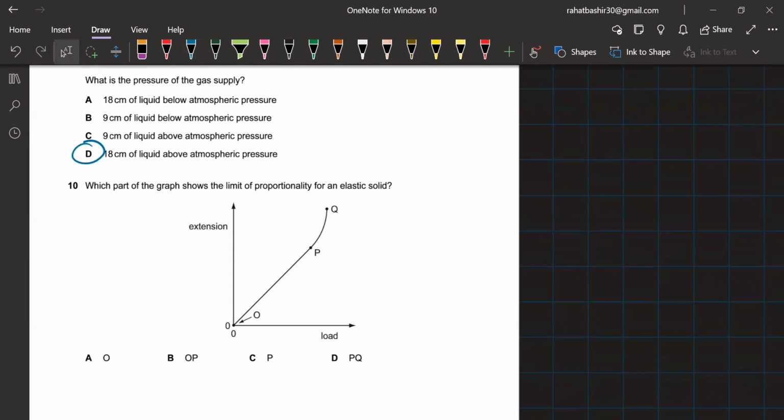Which part of the graph shows the limit of proportionality of an elastic solid? So it is P. So here I'll stop this video,